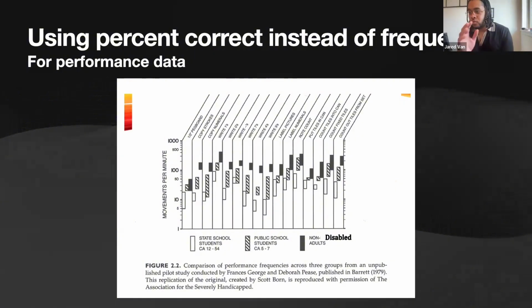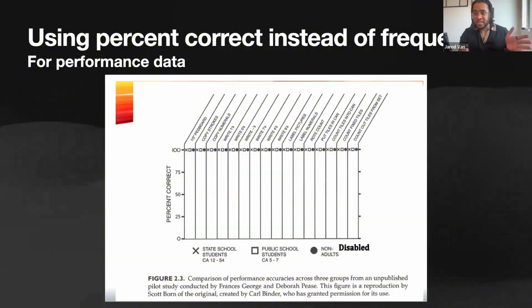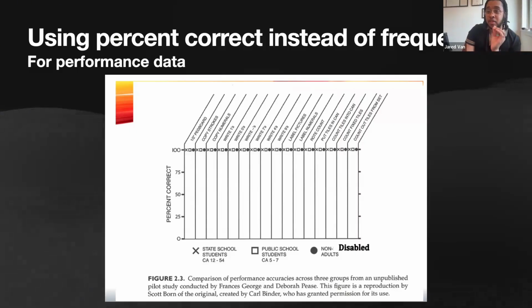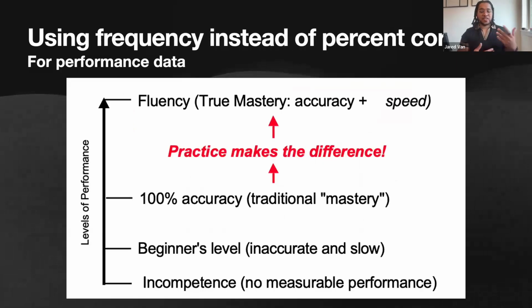So as you can see, if you go to the right ones, right zeros, right sevens, we can clearly see the difference between beginning and mastery levels of performance compared to when we go back and we look at these percentages. There's so much data that's left off of the table because we can't detect the difference between these different levels of performance. So if we want to truly be able to measure sensitive information such as behavior across time, we need to be using frequency, which is count per unit of time, because accuracy is not a sufficient criterion